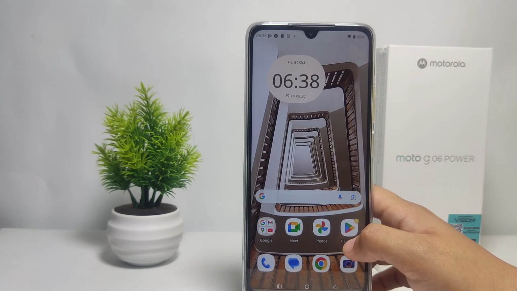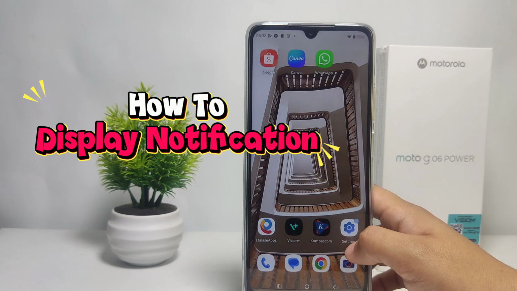Today in this video, I'm going to show you a tutorial on how to display notifications on the Motorola G06 Power lock